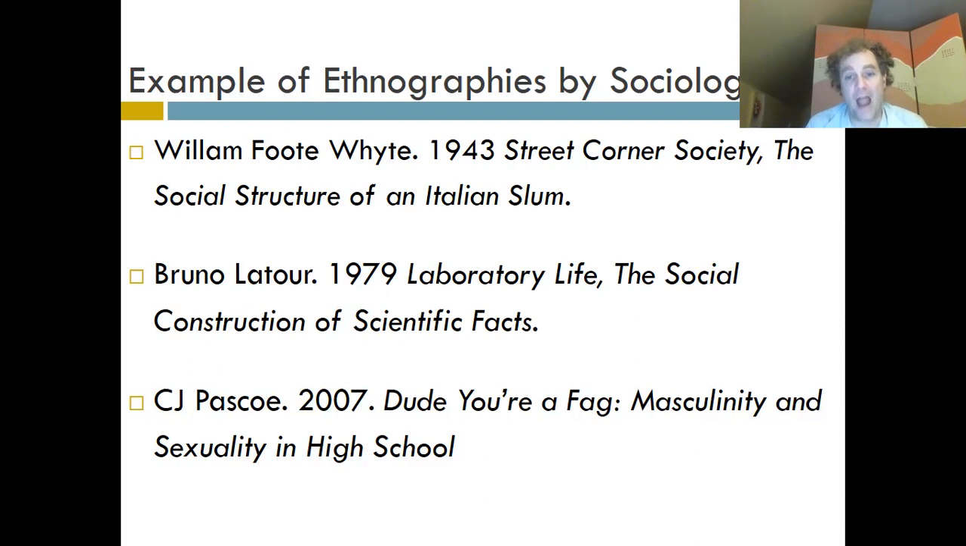One more example, last example, a more recent one, is by C.J. Pascoe, Dude, You're a Fag, Masculinity and Sexuality in High School. And so what Pascoe does is that she goes and studies another social group that she is disconnected from, that of high school teenagers in America. And so she spends about 1.5 years working at a high school in California and understanding how students there, both male and female, how they think about sex and masculinity, right? What they think it means to be male, right? So she spends her time observing classrooms, interviewing the students, going to all the social gatherings like dances